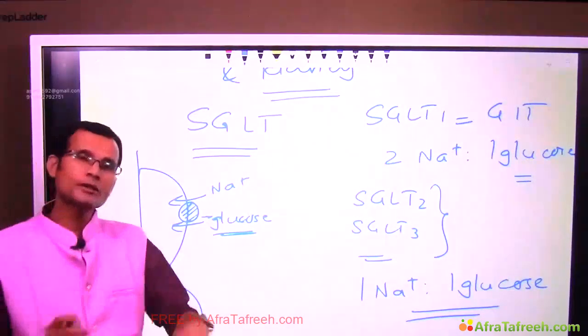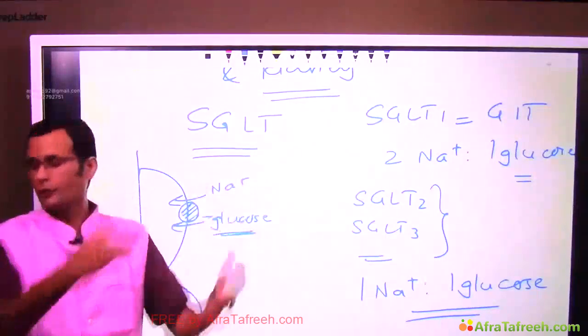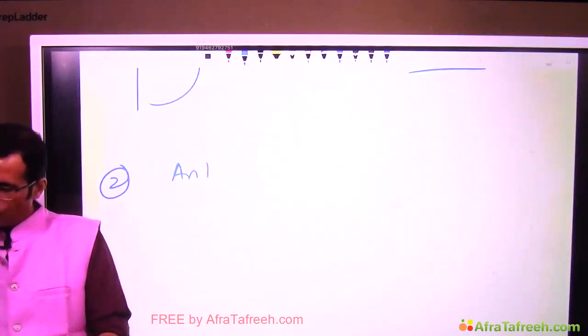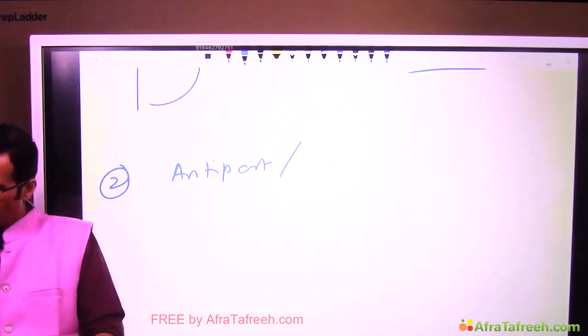So for the glucose, it is the active transport going from low to high concentration. That was symport, and the other one is antiport or counter transport